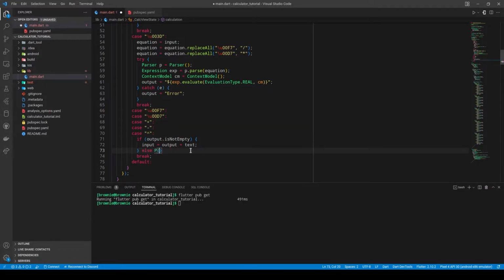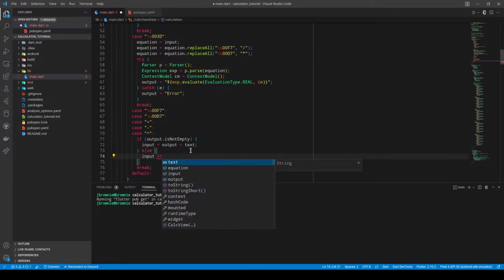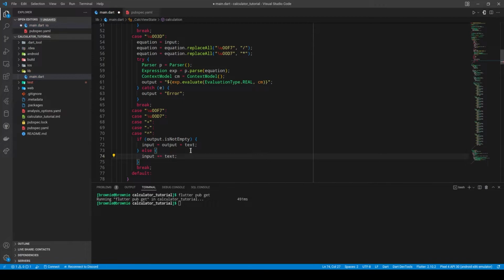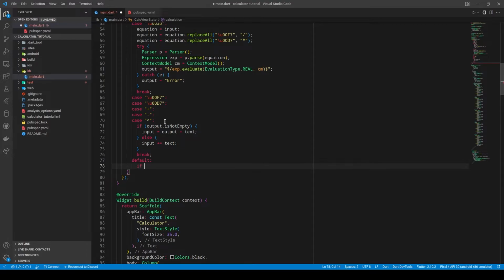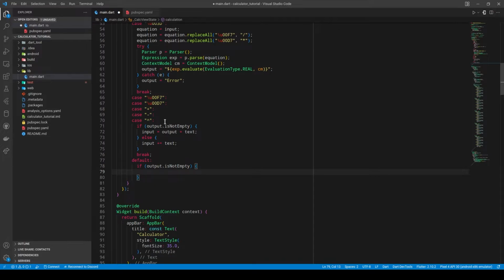Okay, so what we can do next is say else input plus equals. That basically just adds whatever the text value is to the string. And then lastly, we have the default value. Okay, so in here, we're gonna say if output is not empty, then we do the following, which is if